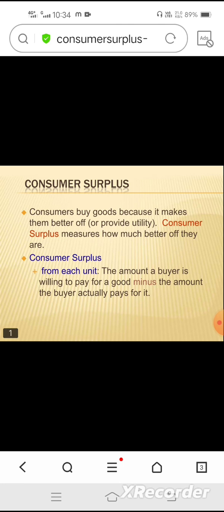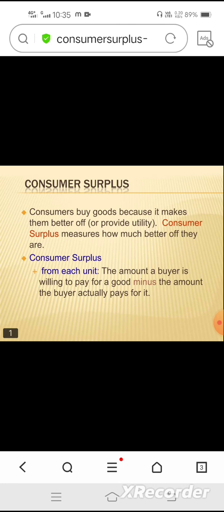But in economic terms, what does consumer surplus mean? Consumers buy goods because it makes them better off or provides utility. So the consumer surplus measures how much better off they are. Simply we say the consumer surplus is, from each unit, each and every portion, that is called each unit,